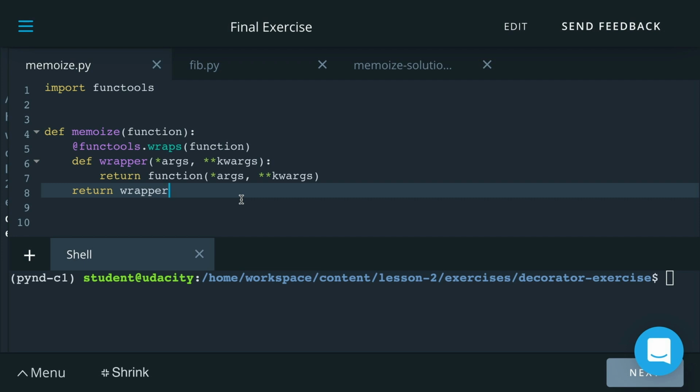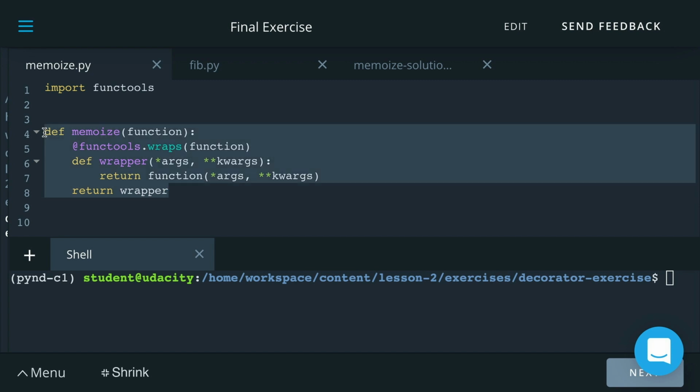In this exercise, we were asked to build a memoize decorator, a special decorator that would cache the result of a function call to avoid excess function invocations. It will be particularly appropriate for highly recursive functions or for functions that have very expensive operations.